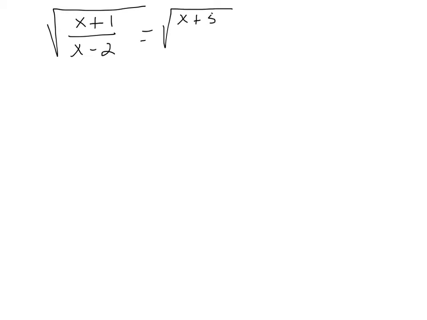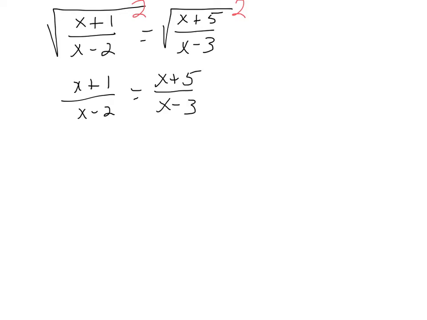But let's take a look at one more. What if we have the square root of x plus 1 over x minus 2 equal to the square root of x plus 5 over x minus 3? Again, square both sides, and that gives you x plus 1 over x minus 2 equaling x plus 5 over x minus 3. Cross multiply,